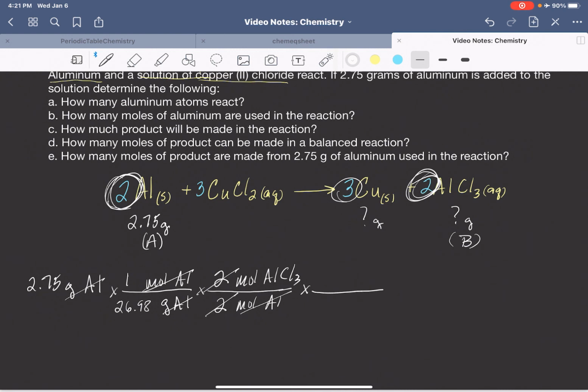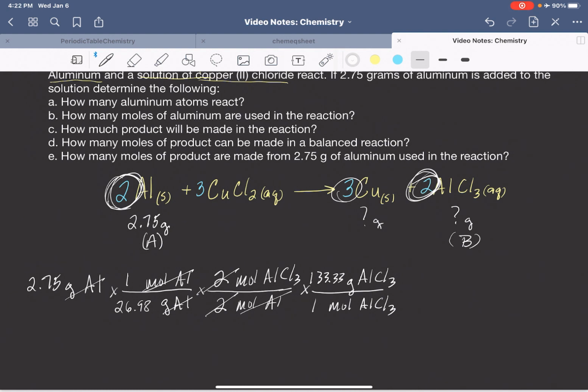All right, you could leave the 2's there if you want to, but just don't forget to use it on both the top and the bottom. I'm going to cancel it because we just don't need it. Now I'm going to bring down moles of aluminum chloride, and we're going to convert that to grams of aluminum chloride. For 1 mole of aluminum chloride, we would get the mass for 1 aluminum and 3 chlorine atoms, right? Well, 1 aluminum is 26.98, plus chlorine is 35.45, and that would be times 3. And that gives us